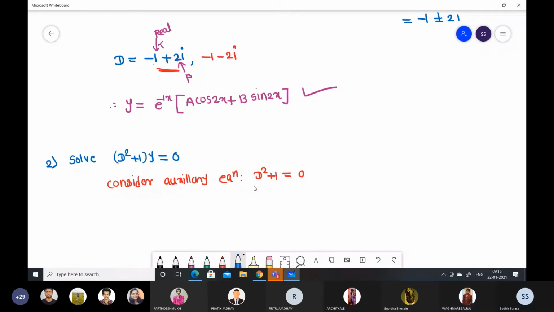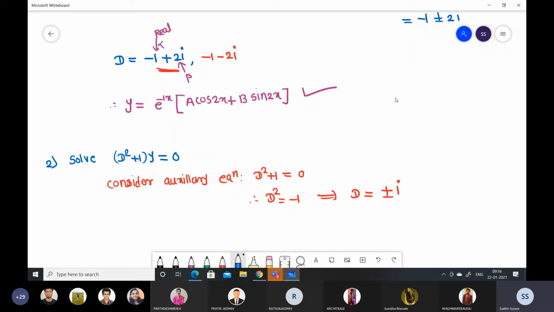Okay, fine. So what are the roots of this equation? D square plus 1. Again, if you take the square root, you will get a negative, and therefore it belongs to the complex family. So here D square is equal to minus 1. This implies D is equal to plus minus i. Now, if you have a problem with finding roots, you have choices. You can use a calculator, you can use the quadratic formula, you can use synthetic division in case of higher order, or you can use the factorization method. Choice is yours, and you can cross verify your roots with the help of a calculator.